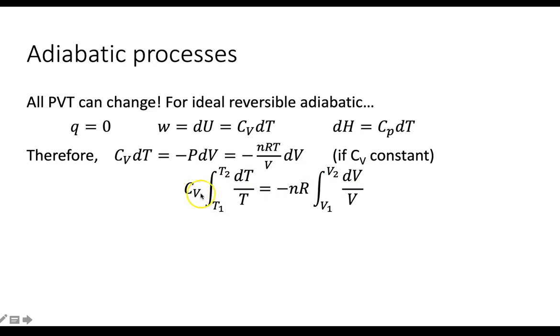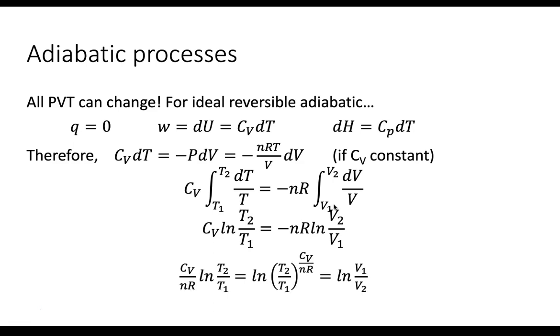As long as we assume that Cv is constant, then this pulls out of the integral, and then we integrate from T1 to T2 and V1 to V2. We have those, and so those results are natural log of those, and that's the case. Okay, so then let's